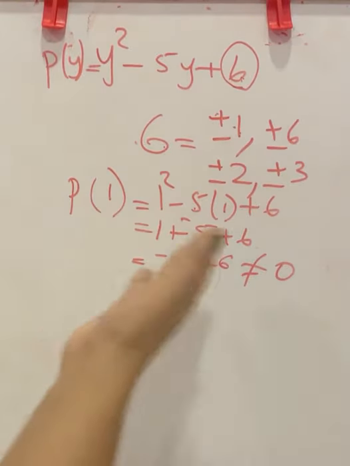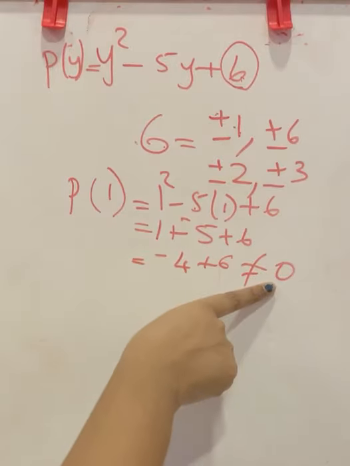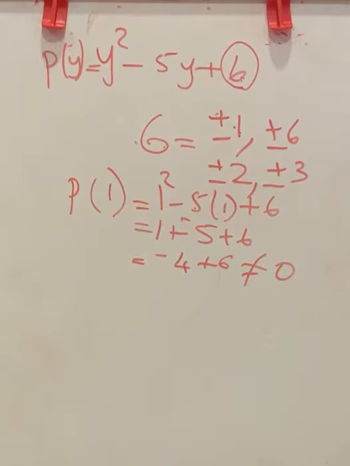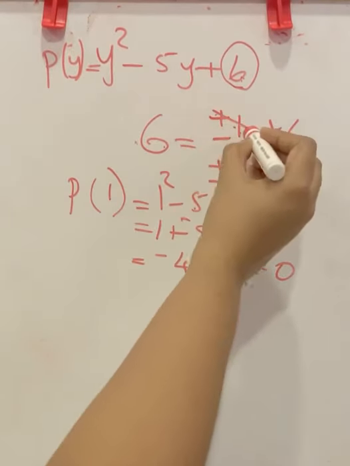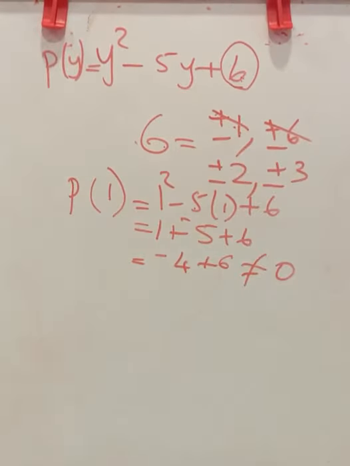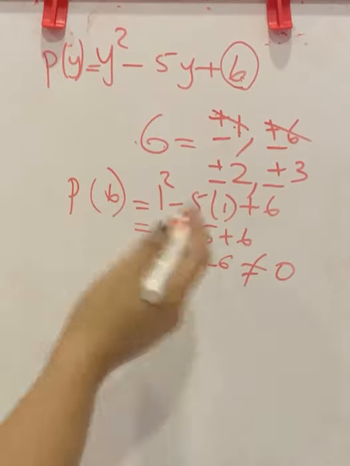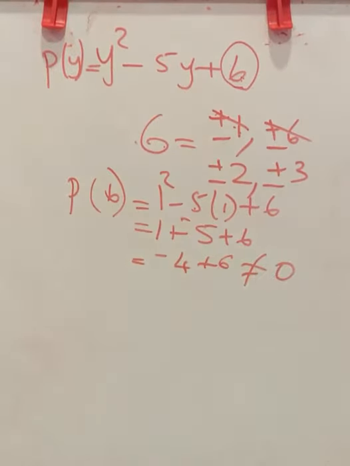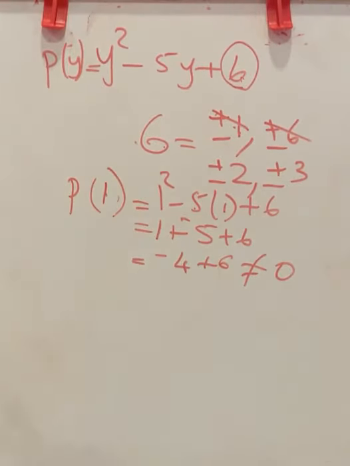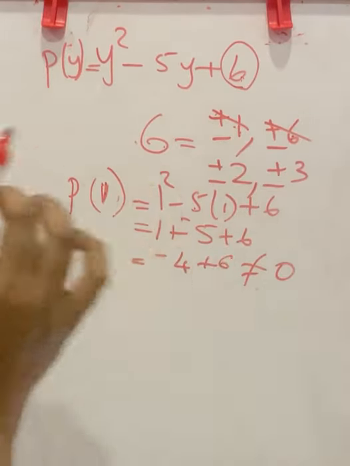We want to check whether it is equal to 0 or not because this is a remainder. If the remainder is not equal to 0, then 1 is not a factor. So if 1 is not a factor, then its pair, that is plus 6, will not be a factor too, because they are pairs. So we don't want to check 6 also. It is already proved from here. That is, if P of 1 is not equal to 0, then the pair of 1, which was plus 6, so P of 6 will also not be equal to 0.